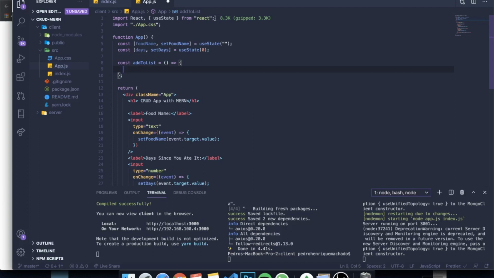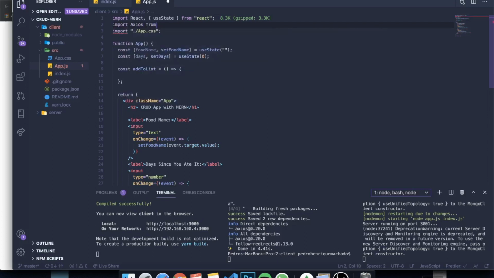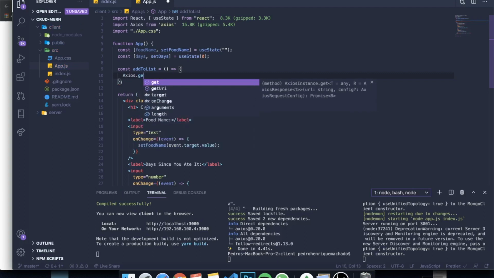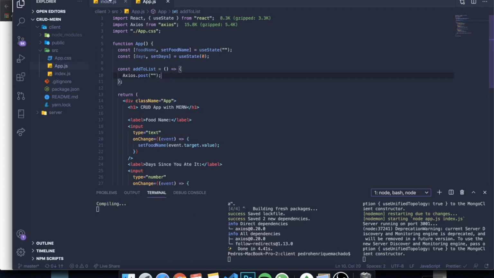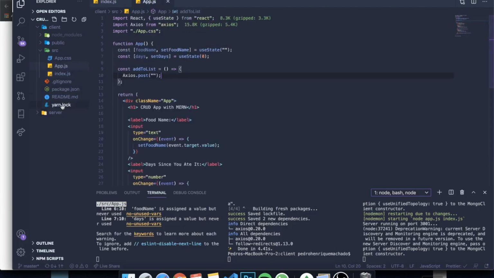So now that I installed Axios, I can just come here at the top and import axios from axios. And now I can make use of this library by just writing axios dot the name of the HTTP request. So basically I could write get, I could write post, I could write put. In our case, for now, we're gonna write post because we want to post information, we want to insert information. And inside of here, we need to pass the route from the backend that we created. However, if you remember in the last video, we didn't have a communication with the front end. So instead of creating a post route, we created a